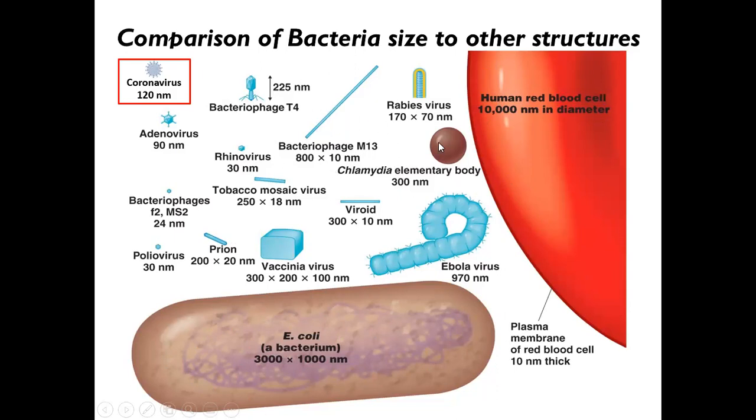Now, a lot of this other stuff floating around here is mostly viruses or other things like chlamydia here, but a lot of these other ones are just different viruses. Here we've got the nice Ebola virus that we had an outbreak of a few years back. And over in the top left corner is just a generic coronavirus. All coronaviruses are about that size, and you can see how small it is. If it infects your cell, it's going to go in there and make hundreds of thousands of copies of itself before it spits them out into your internal environment. So you can get a feel for how big the coronavirus is and why it's a lot smaller than bacteria, so it can easily float through the air, and things like that.